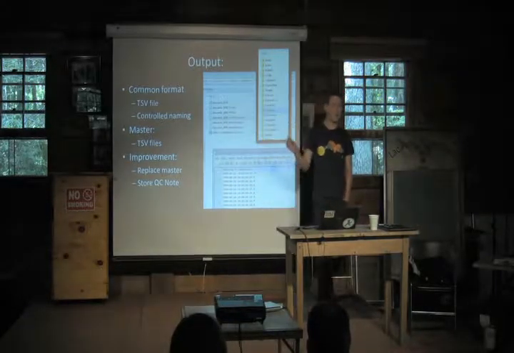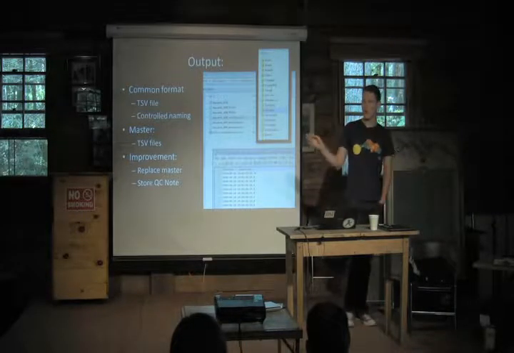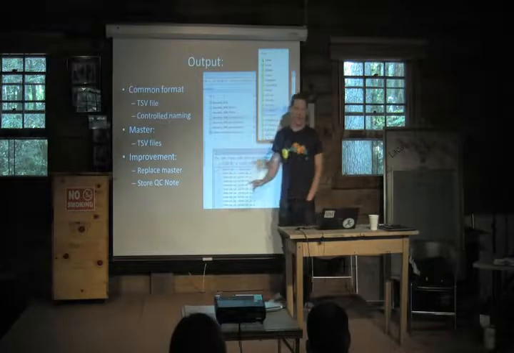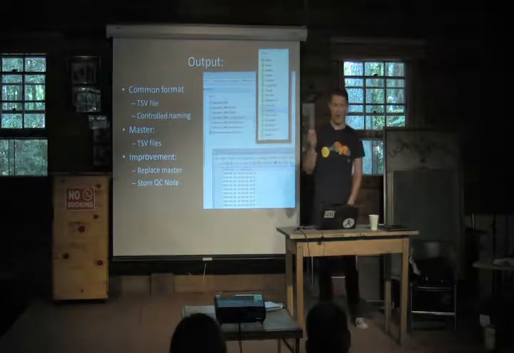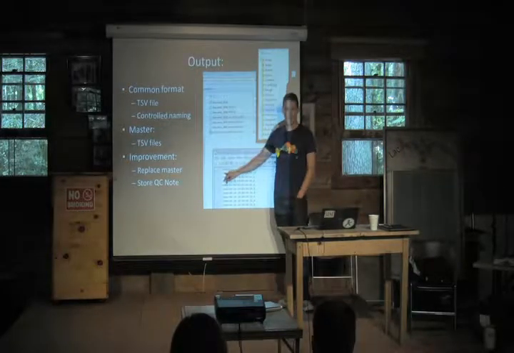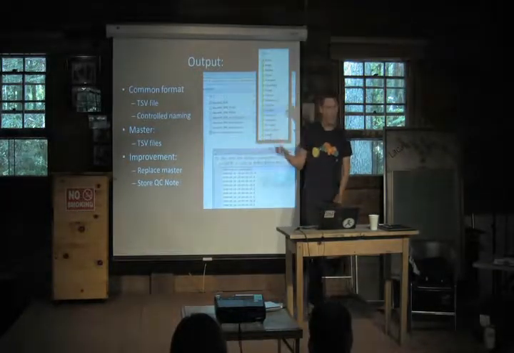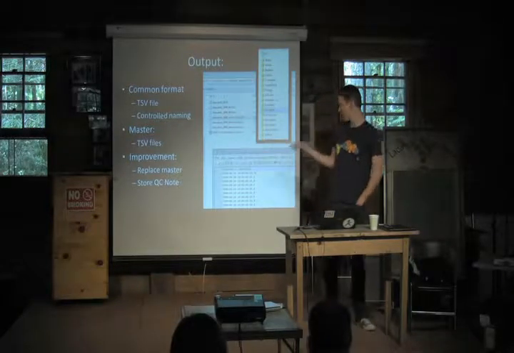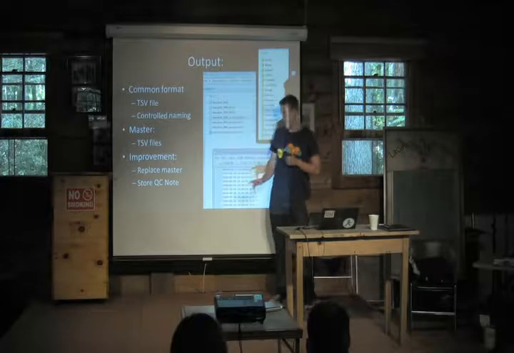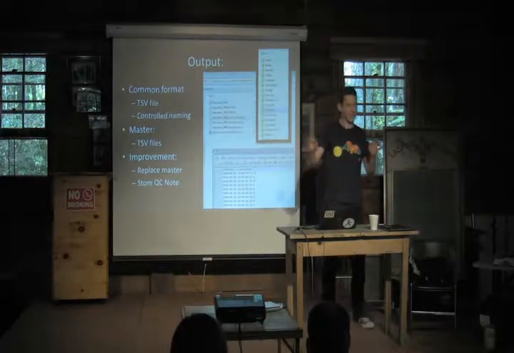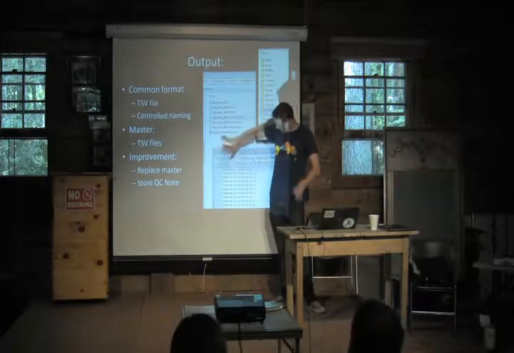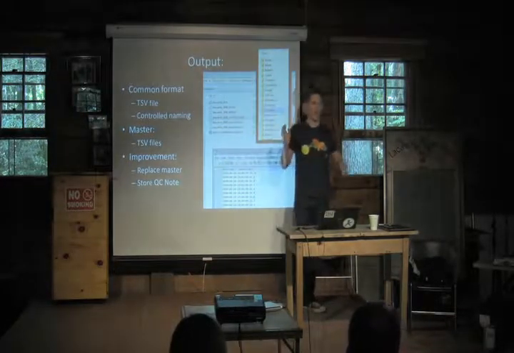picked a common date-time format, which was really different from what everybody else had used up to that point, but actually happens to be an international standard, if you're interested in those kinds of things, which was simply year, month, day, hour, minute, second. Year, month, day is separated by dashes. Hour, minute, second is separated by colons. There's nothing else. I mean, it sounds like the stupidest thing, but that alone was one of the biggest issues